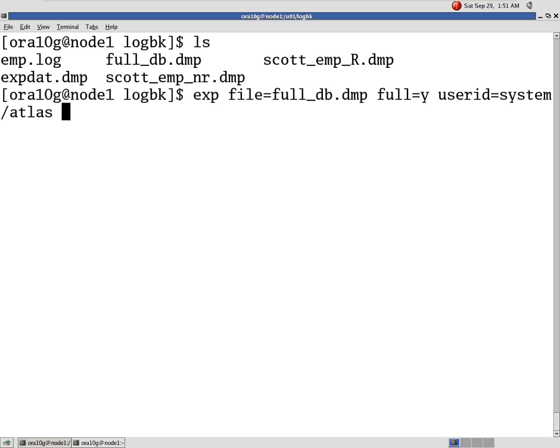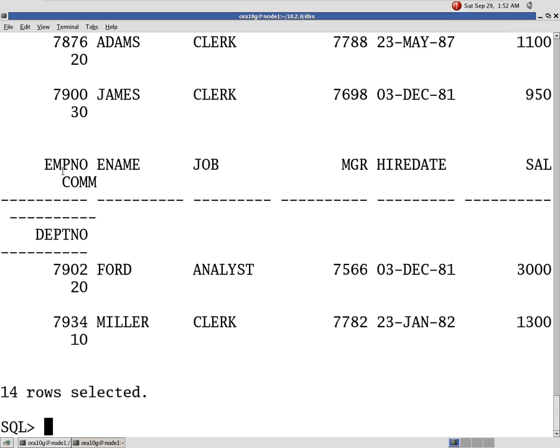So import, system/manager at last, full instead of full=y, we'll go for tables=, we'll give a different name, file=, Scott user having EMP table with only 500 query dot dmp, and we'll check it out here.